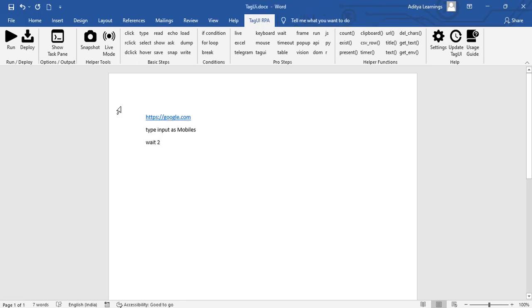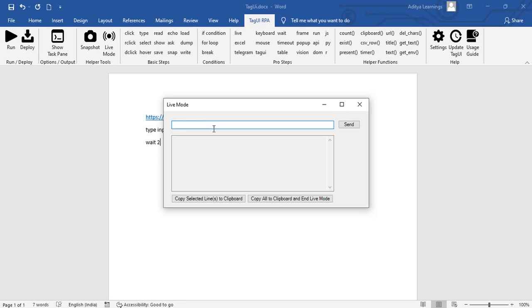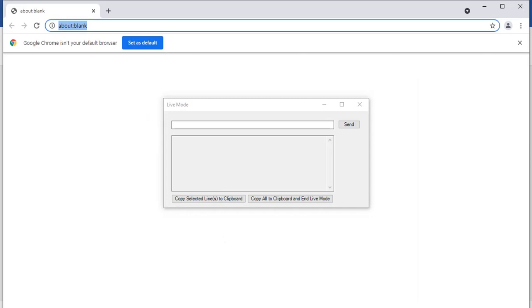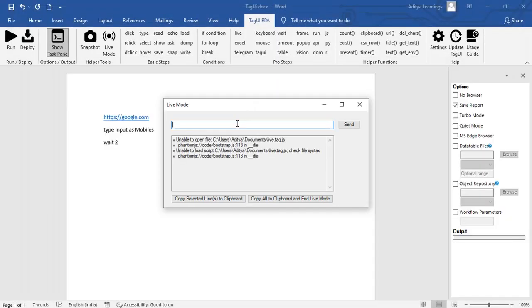The other one is live mode, which I think is the best feature in this plugin, where we can test our lines of code by seeing them live. When you click on live mode, you can see a browser opening. You can see at the back there is already a browser open, so that you can check all the lines of code that you are writing, whether they are actually working or not. Let's say we need to open